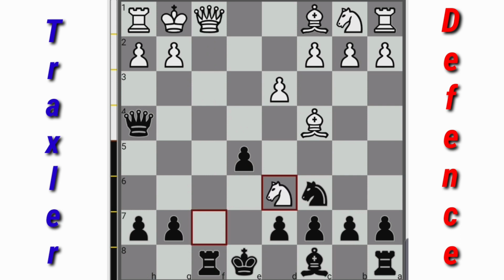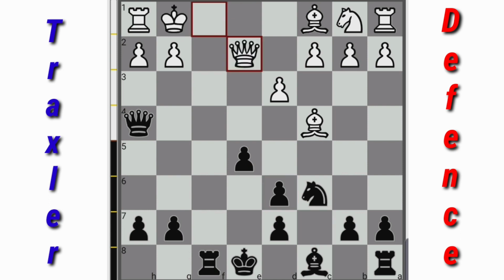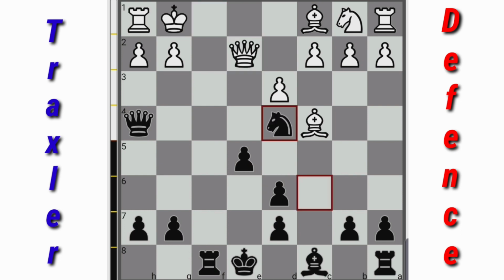Knight will take d6, checking the king, however opens its path for the rook to take the queen. However, black can't do that yet, so c takes d6, and queen will move to e2 away from the attack, to which knight will play d4, coming into the center,